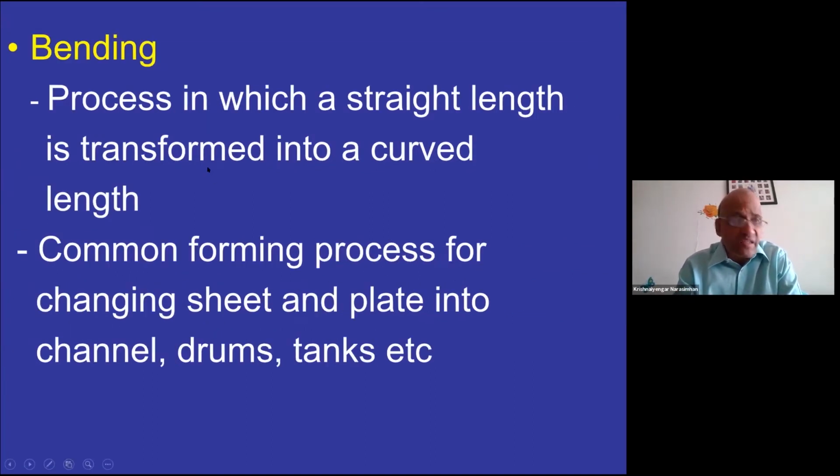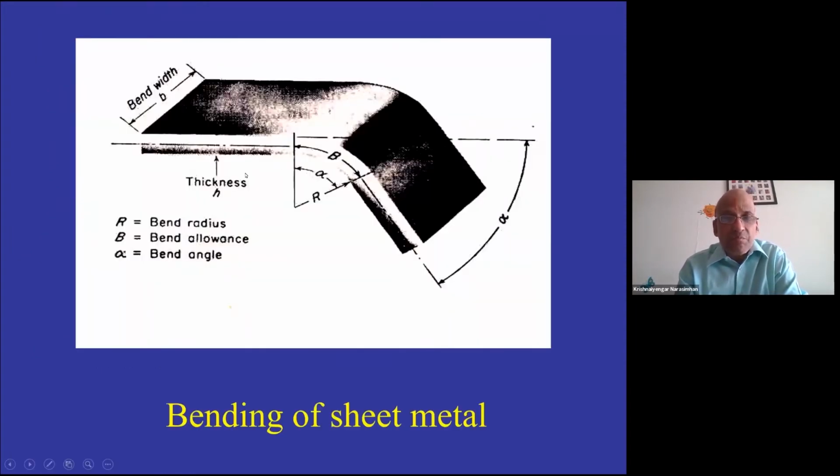Let's move on and look at another process, which is the bending process. You have seen many members which are just bent, right? So the interesting thing in bending is, as you see here, this is an example of a very simple bending process. You can see that in the outer fibers, you will have positive strain. And if you look at the inner surface, inner fiber, you will have compressive strain. So this is very, very characteristic of any bending process.